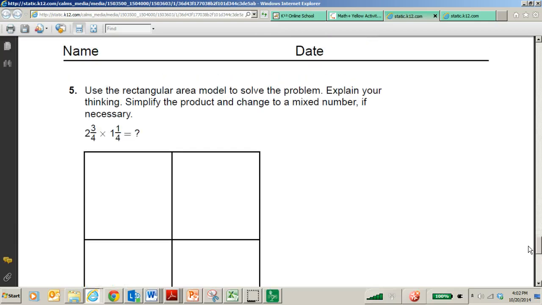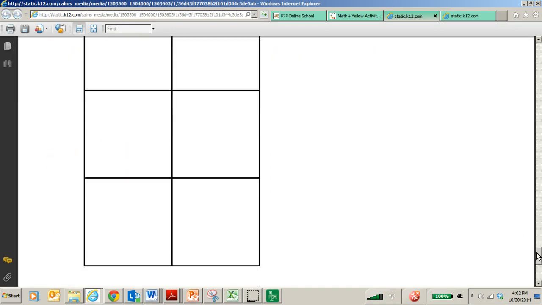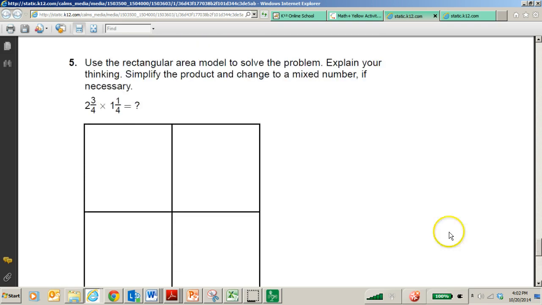This one is a little more complicated, and definitely feel free to help your student with this because, like I said, adding up the different parts will be a little bit challenging. This is almost 3 and this is almost 2, so we have a 3 by 2 array or area model that they've been exposed to since 3rd grade, but we need to divide that up into fourths. So we show 2 wholes and 3/4 and 1 whole and 1/4,